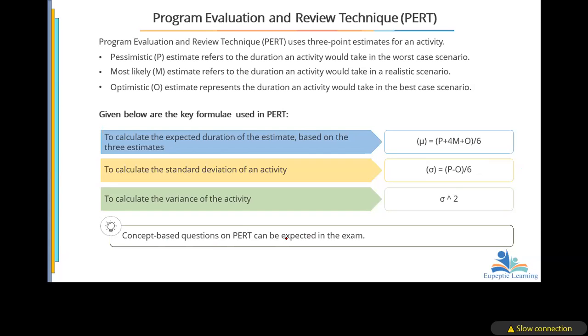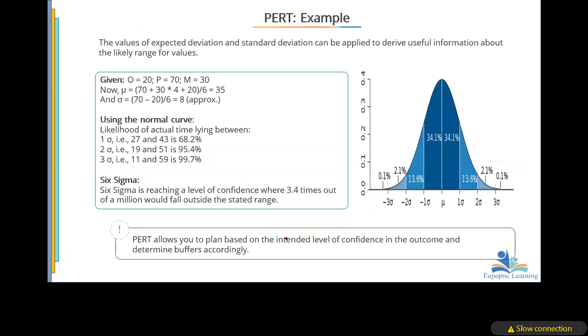PERT questions tend to come a lot, even more than the critical path, because that one is very easy. But a formula is only easy when you use it consistently and build what we call unconscious competence. You don't even think about it and it just flows. If you wait until the last minute, you may confuse yourself. The 4 may go to the optimistic instead of going to the